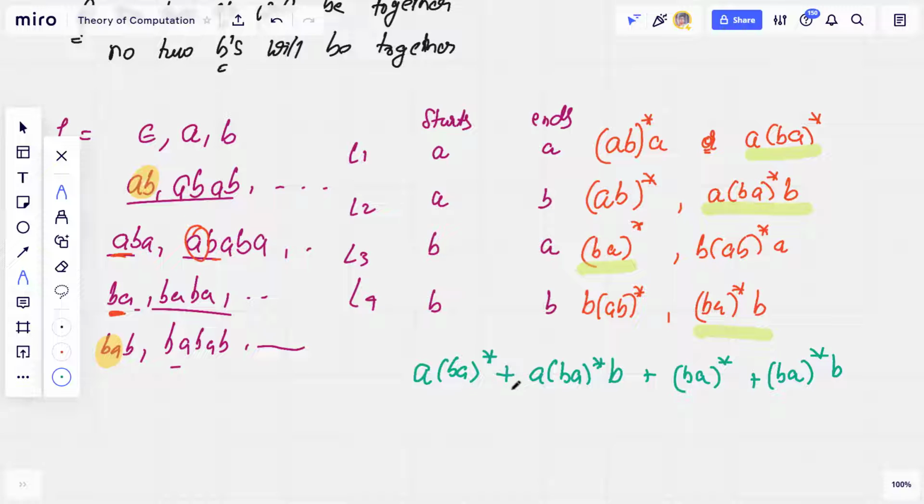So let's go step by step. I don't want to take every one of them common into one because it will confuse you. So let's just take these two as common. Okay, how does it work? Let's see how this works. If I take B star as common, it will be A into,